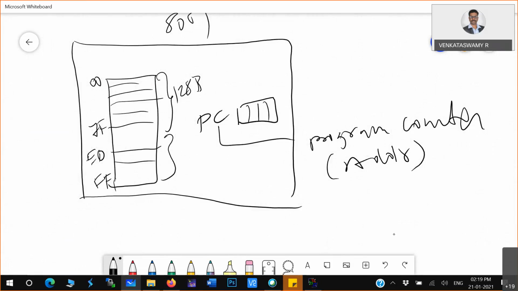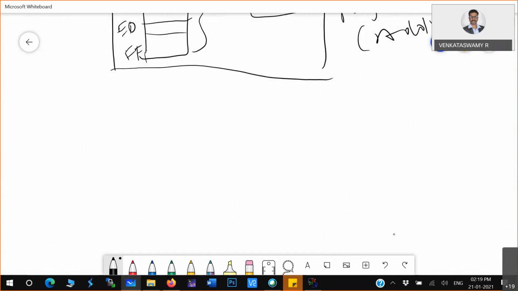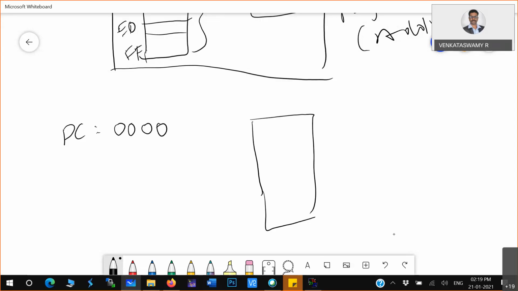So how to visualize it? Normally, when you start your computer, your program counter value will be zero, say if you have a 16-bit address. It will go to the program memory whose address is 0000, and your computer will start at this particular point.